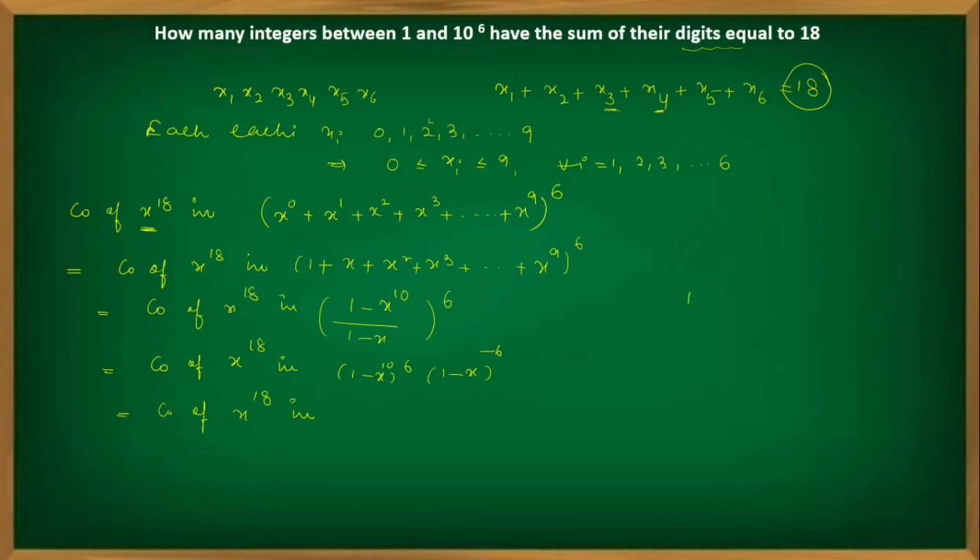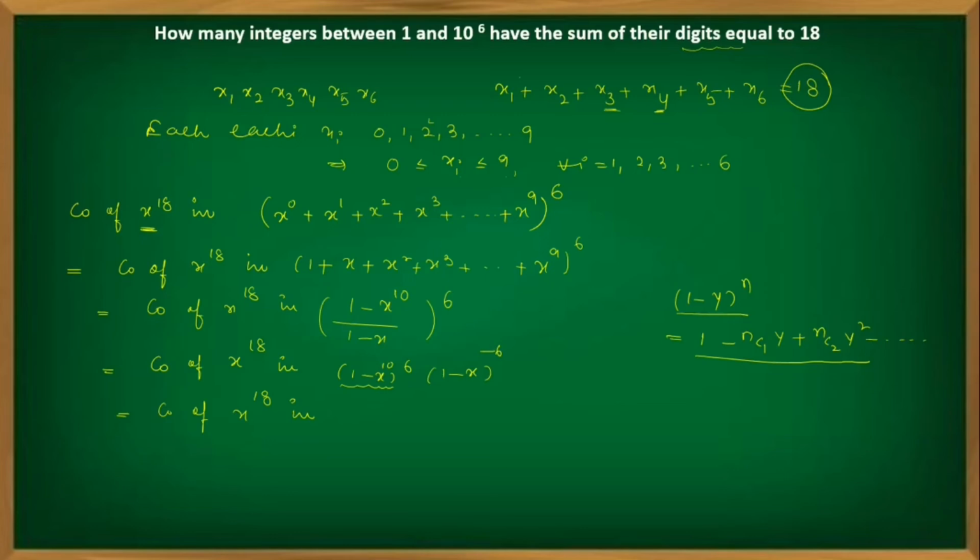Now, you know the binomial expansion, how we will expand this. For example, if I write (1 minus y) whole to the power of n, what is the expansion from the binomial theorem? nC0, that is 1, minus nC1 into y plus nC2 into y square minus, and so on up to the (n plus 1)th term, right? So here we have n plus 1 terms. Now, no need to expand this up to the ending of the expansion. We just need the coefficient of x to the power of 18. So if any term exceeds the power 18, you can leave it. No need to expand more than the power 18.